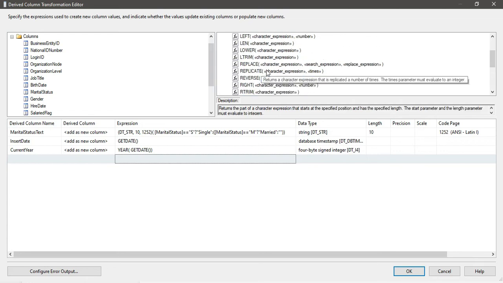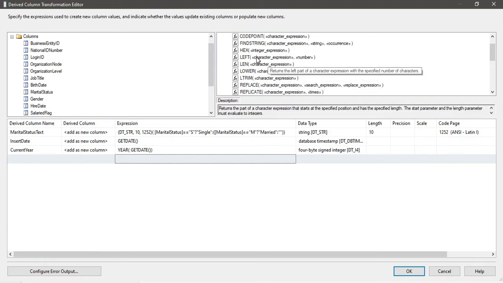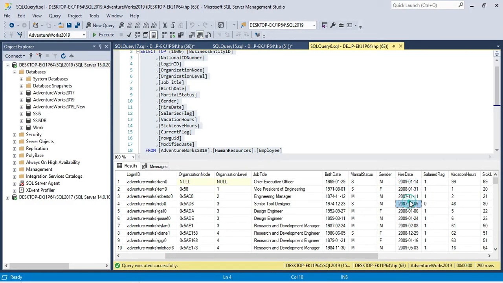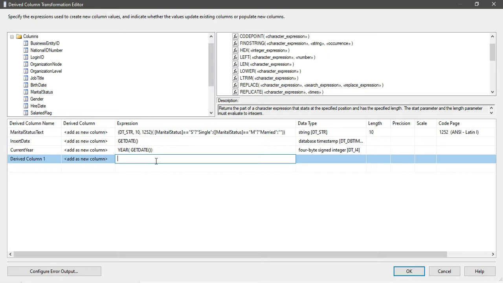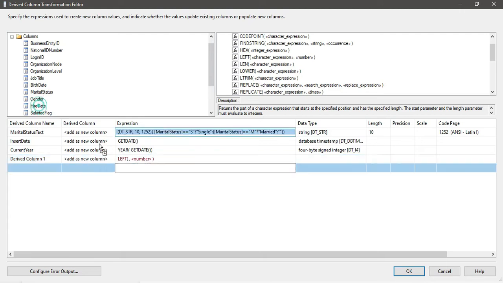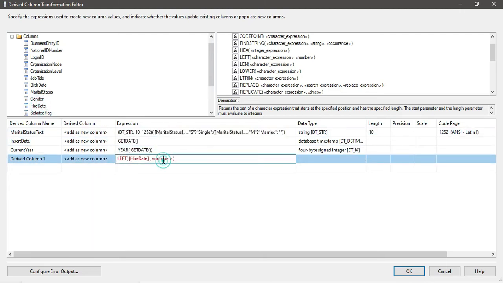These are the most popular functions. If I want to use the LEFT function, I can use it on the hire date. From this hire date I can get the year using the LEFT function. So let me drag and drop the LEFT function, and I can use the hire date here. I can just drag and drop the hire date, and I want the left 4 characters.